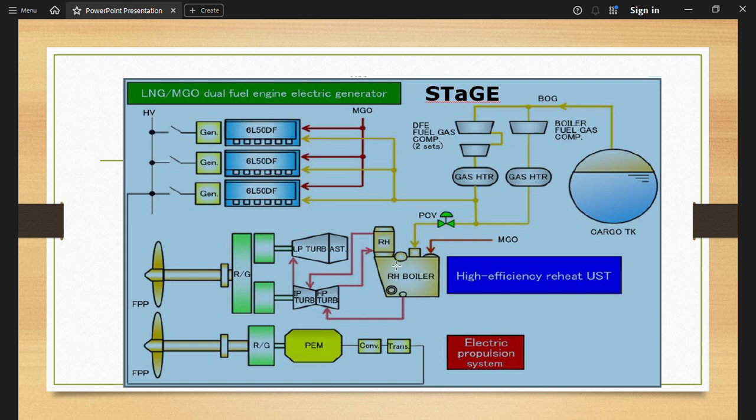We already saw this block diagram. It is going to the HP turbine, and from this HP turbine it is going to the reheater, and from the reheater it is coming out and going to the IP turbine, and from the IP turbine it is going to the LP turbine. Now this LP turbine is rotating, and then through the reduction gear,